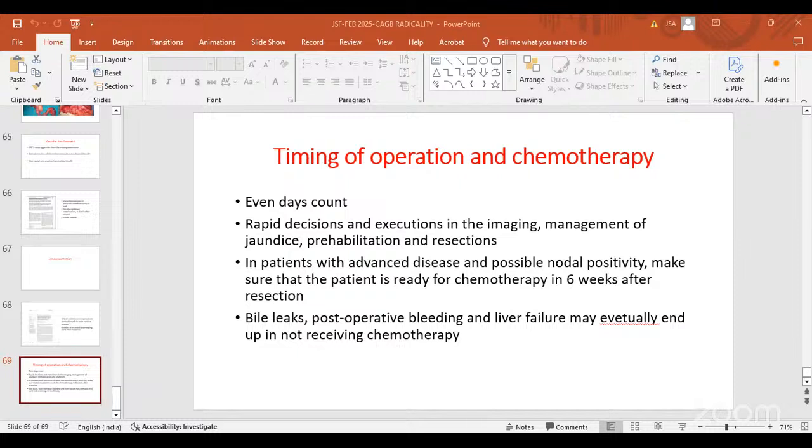And if I can ensure an R0 resection. So I think on one end of the spectrum is this kind of a patient, and the other end of the spectrum is when you have an inner cholestatic liver with or without decompression and needing an extended right hepatectomy or a modified extended right hepatectomy with PD. That probably would have a much higher morbidity and mortality.